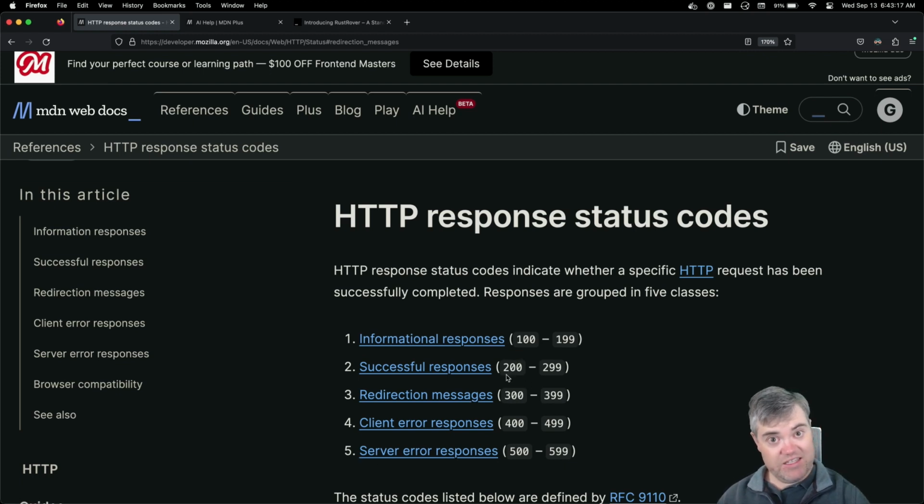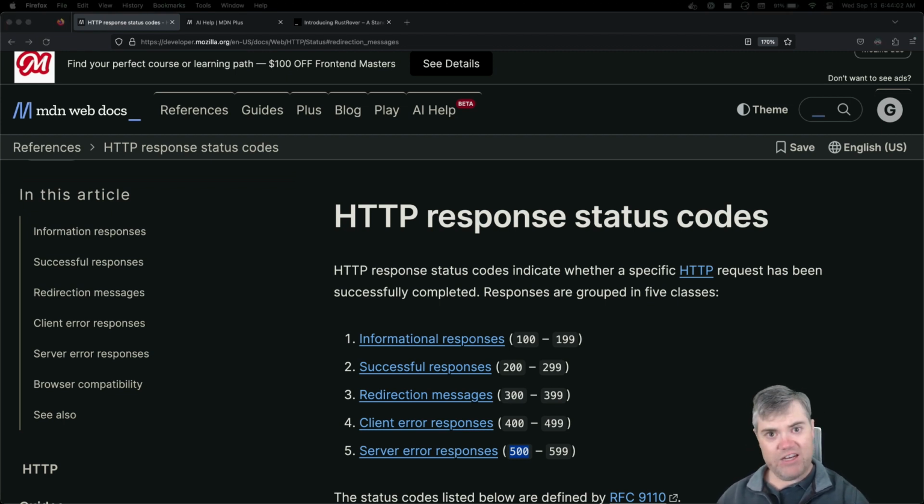The first one in each range is the generic message. So a 200 is always just going to be, yep, everything's okay. There's nothing more to know here. It's very generic. We don't know exactly what that means, and that's usually just fine. It's the same for all the other ones too. 400 is like, you messed up, but I don't have a more specific code to give you. And 500, that's actually pretty common because sometimes we don't know exactly how we crashed. It's like, okay, something's wrong, we don't know exactly how. So choosing the exact status code can be interesting.